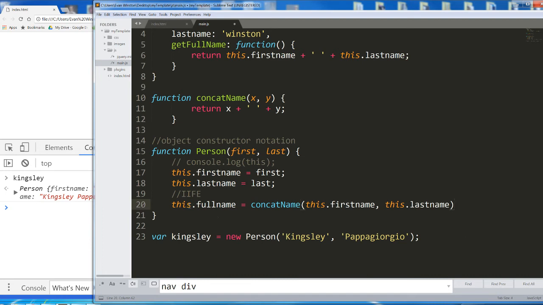So now this.fullName is this function invoked with these two arguments. The difference between this and having just this in the value of your property is this does not automatically invoke, or as it was written before,